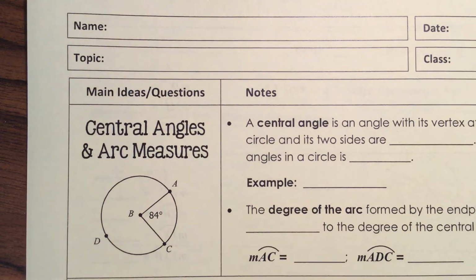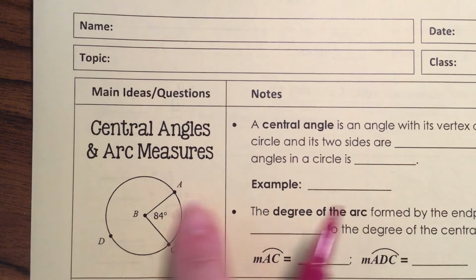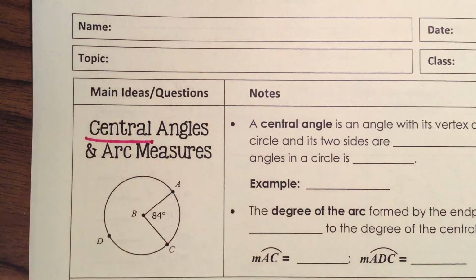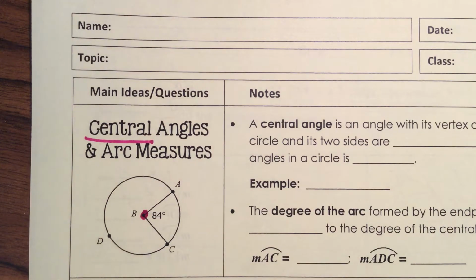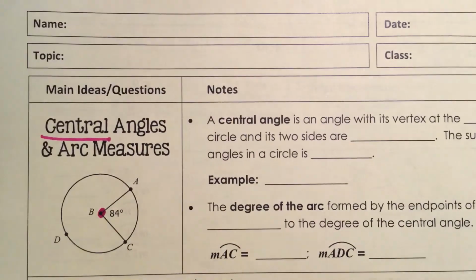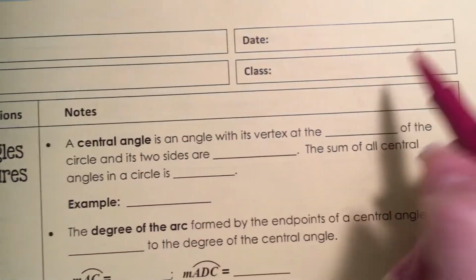So to start out, first of all, if we're talking about central angles and arc measurements, we need to remember that if possible, we want to find the measurements first. The big key to central angles and arc measures is this right here. If it's central, it's talking about from the center. So this makes it easy because if it's a central angle, just like it says over here, it's an angle with its vertex at the center